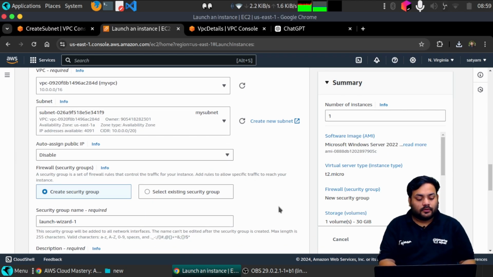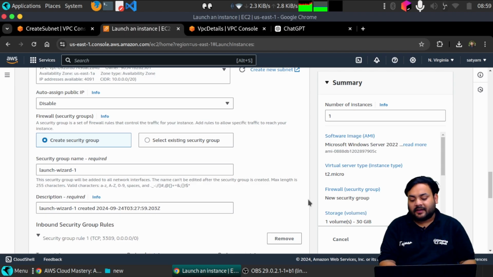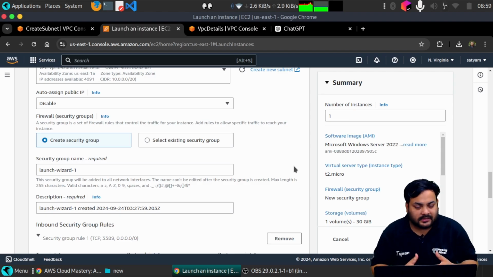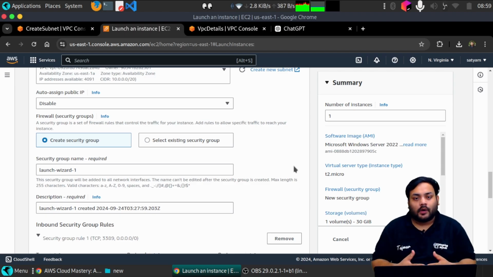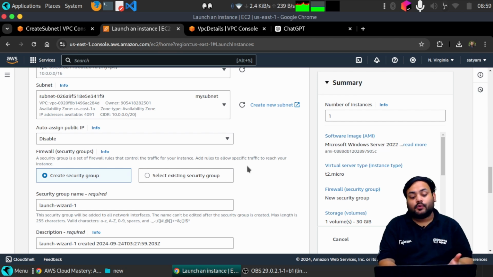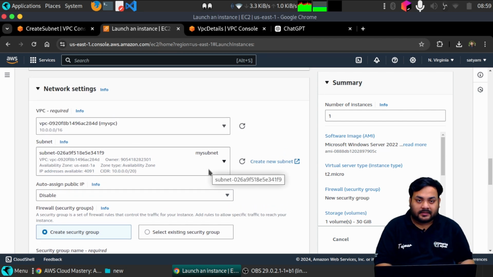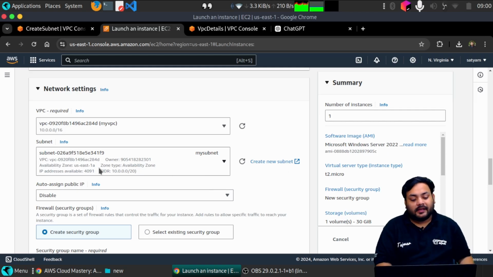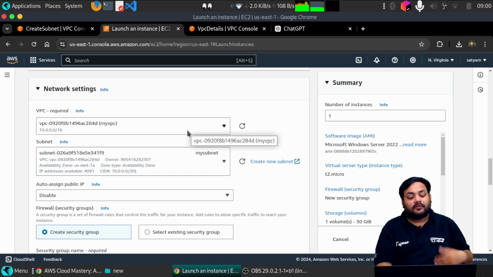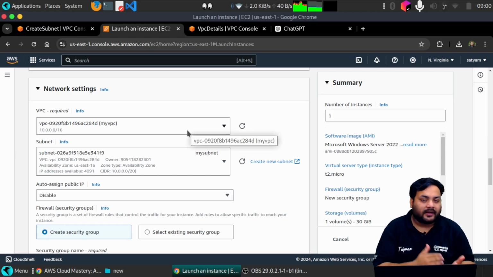Now what you have to do is launch this instance. I'm not launching it yet because you already know how to launch, but I showed you how you can connect your VPC and subnet with your EC2 instance. If you want to create a new subnet here, you can. But when you choose the VPC, the subnet associated with the VPC is going to get attached by default. I hope you have understood about the VPC, how we can create a VPC, how we can set up